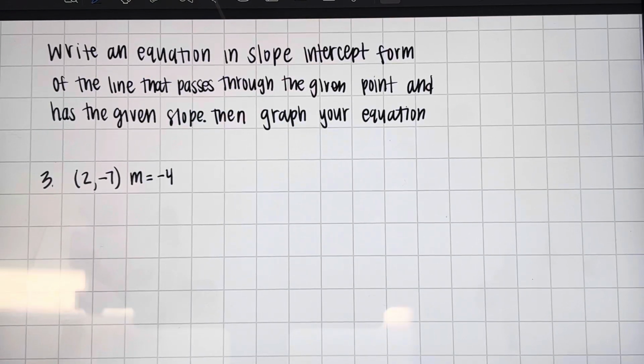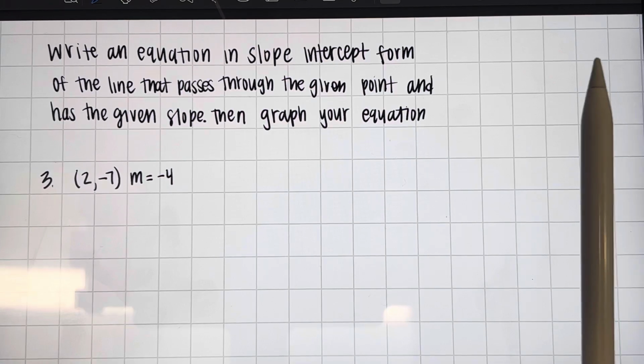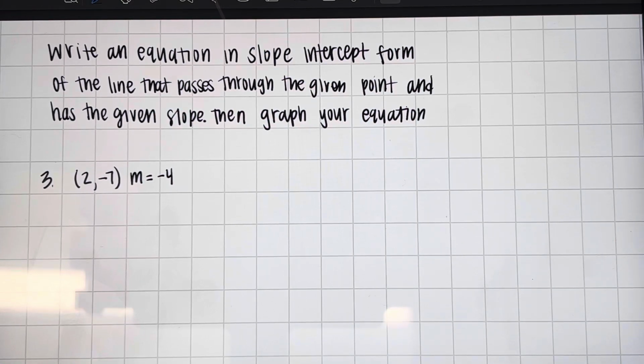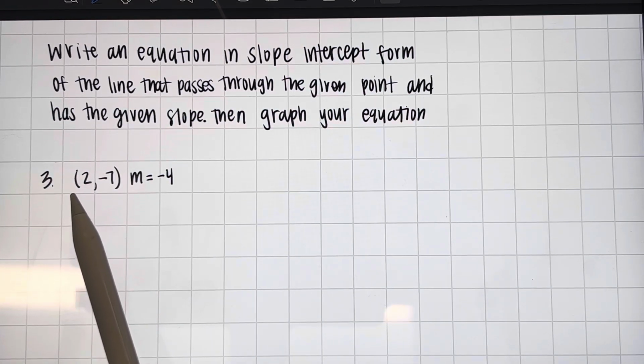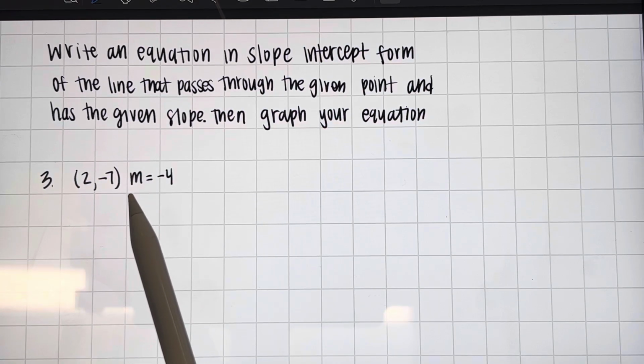Okay guys, we're gonna go ahead and take a look at number 3. This problem has 2 parts to it, okay? So the first thing says, write an equation in slope-intercept form of the line that passes through the given point and has the given slope. Then graph your equation. So we see that they're giving us the point (2, -7) and our slope of